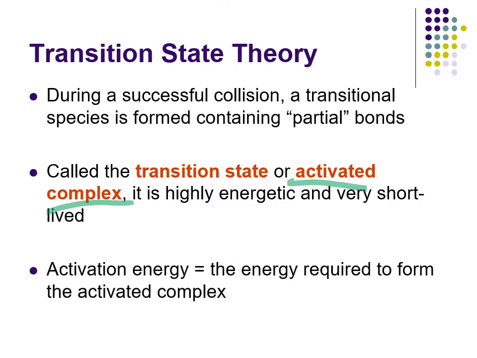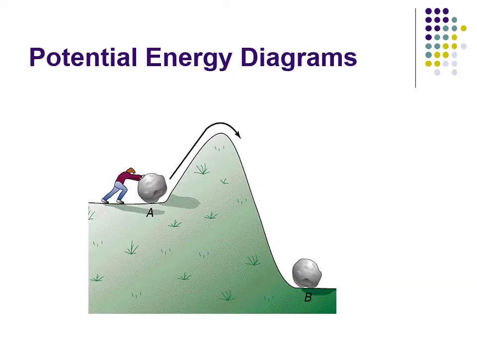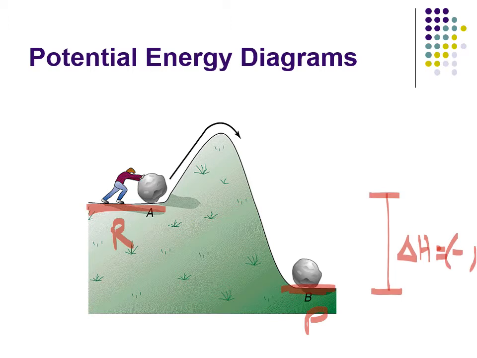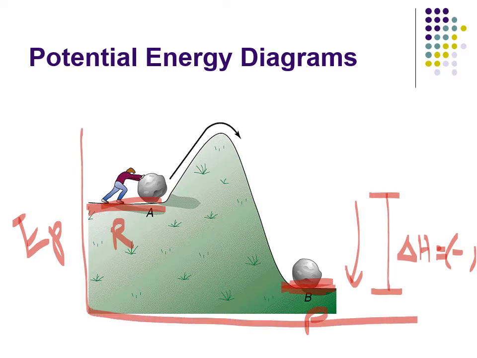And the energy needed to reach this transition state, or to create this activated complex, is referred to as the activation energy. So think of a potential energy diagram. We've seen these before where you have your reactants and they form your products. And so the delta H between these two would be a negative delta H because the reactants have more energy than the products. So the difference between the two is moving down in terms of the potential energy. And so think of this as a potential energy graph. This is what we've seen before for an exothermic reaction,